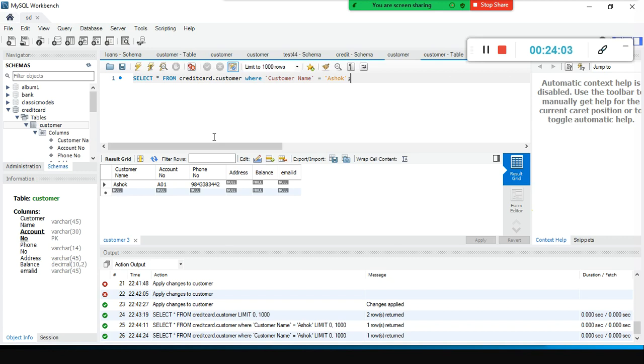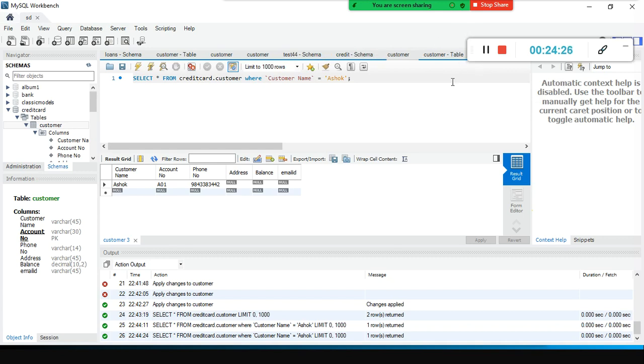So other experienced people, please bear with us. You already know how to create a table, everything. But probably for 1 or 2 sessions, the next 3 to 4 sessions, it will be a very basic thing. Once these people come up to speed, we will probably step up the pace.